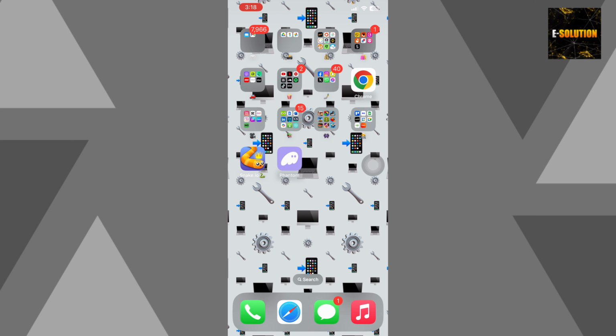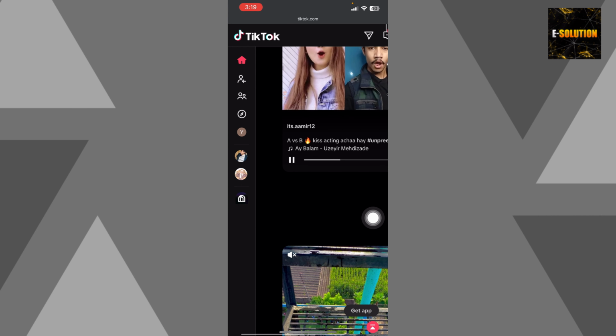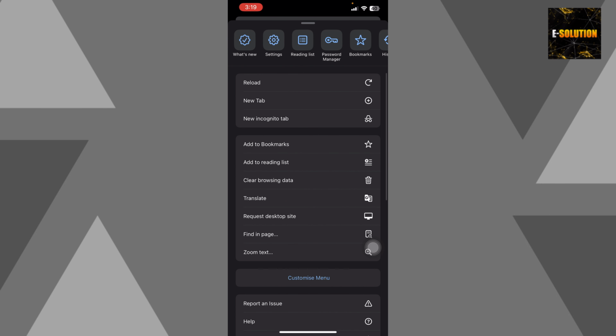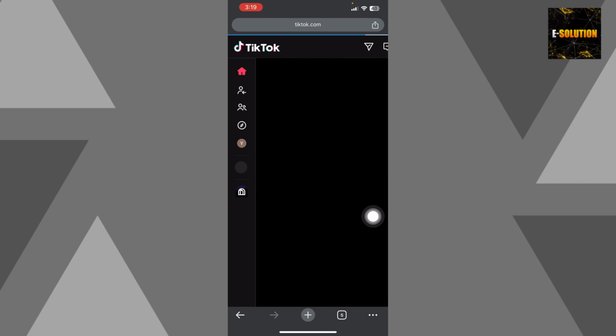So for that you have to use your browser. First open your browser. I'm using Chrome, and then search for TikTok. You can use any browser and search for TikTok. And now you have to just open TikTok in your web browser and then click these three dots. Once you click these three dots, just scroll down and click request desktop site, and it's going to open the